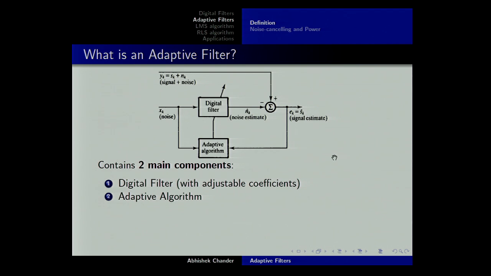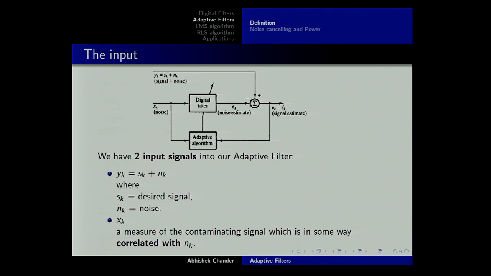So the definition is that there are two main components to an adaptive filter. The first one is a digital filter, where the weights or the coefficients are adjustable. And the second part is an adaptive algorithm that tells you how you want to change those coefficients. So if we look at an adaptive filter in the context of noise canceling,